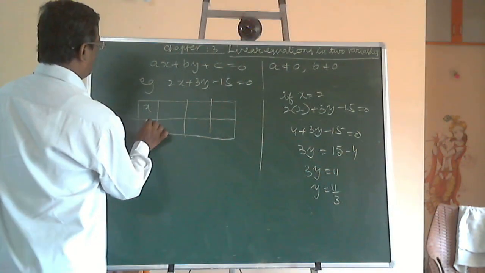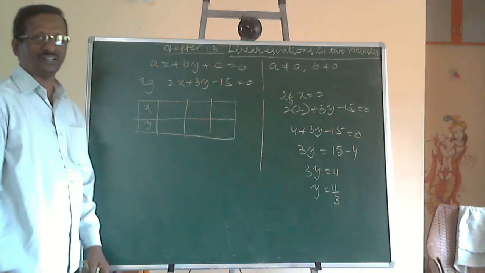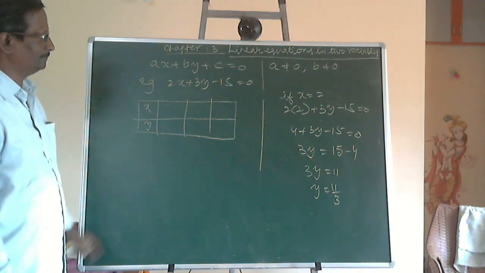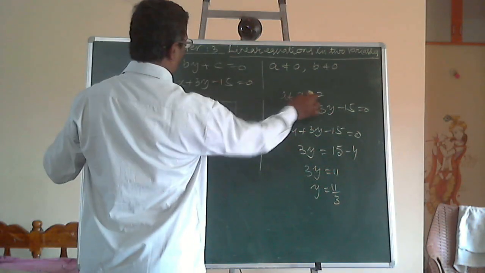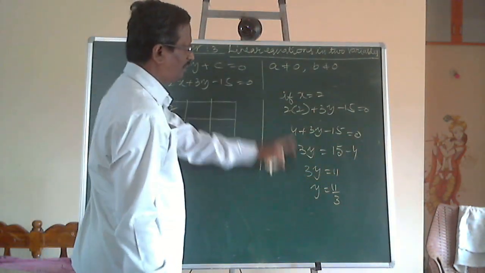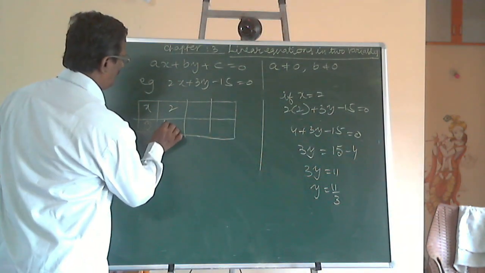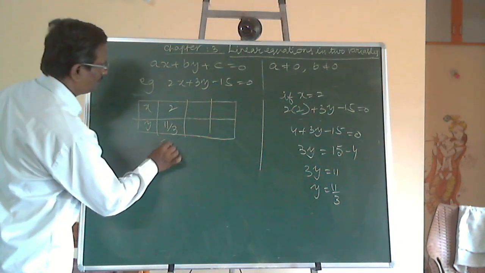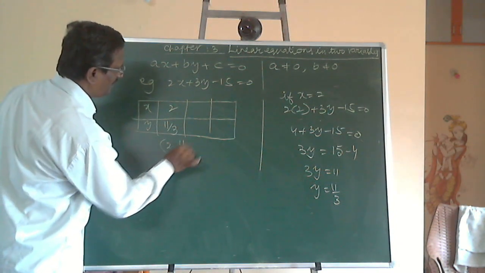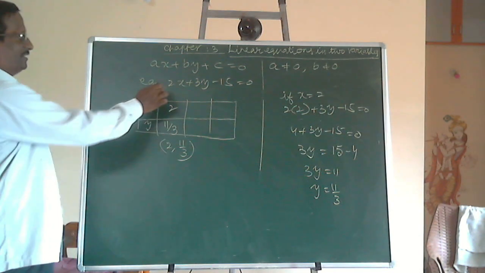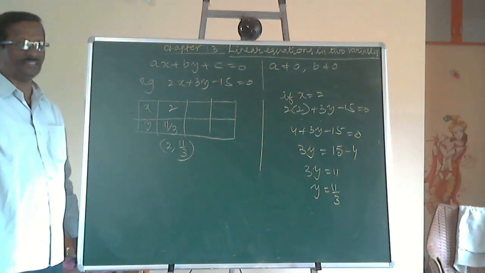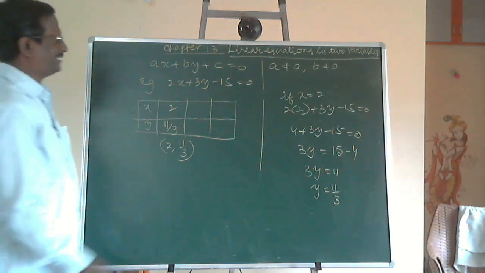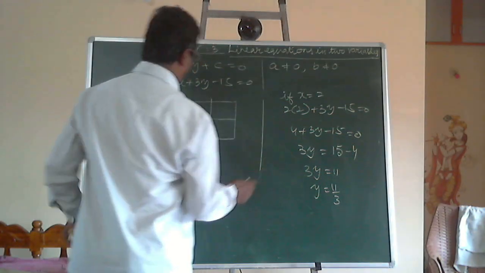Here for x and y, if you give the solutions in the form of a small table, the value of x we have given is 2, and the corresponding value on calculation we got is 11/3. This is a solution. We can say (2, 11/3) is a solution of the equation. Like this, give x some other value. If x is equal to